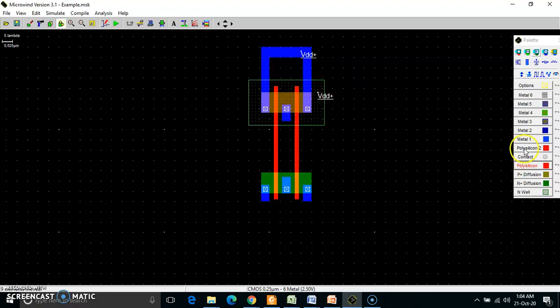So just remember this thing. Again I am taking metal 1 because metal 1 is already used for the connection, so to avoid the contact I am using this metal. In this way my circuit is designed and I need to connect it to VSS, that is the pull down network. Here you are able to see this, and this is my output.